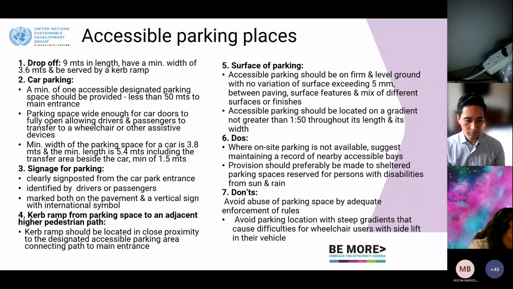And the space has to be wide enough for the car doors to be fully opened, allowing the person to move from the car to the wheelchair or any adaptive device he or she is using. So here you can see the dimensions written in this slide for the width and the length of the car park.